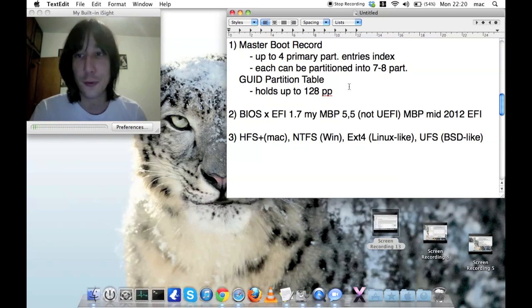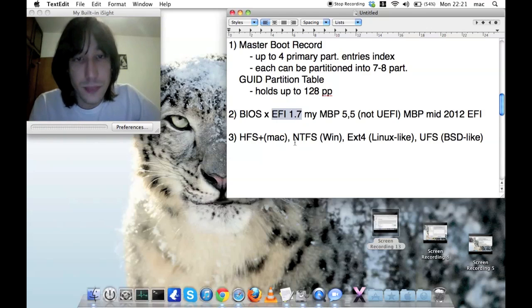Okay, so think ahead and choose EFI booting distros for your setup. Okay, so that's it for this topic, and